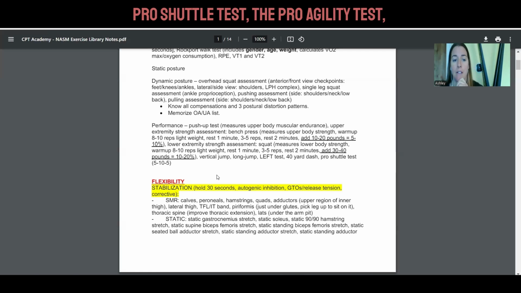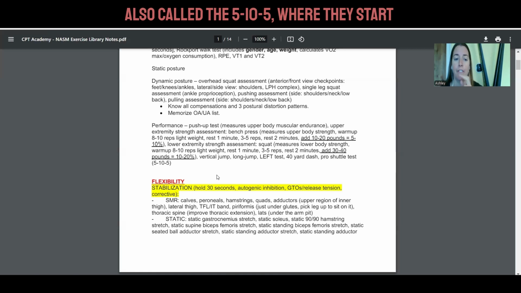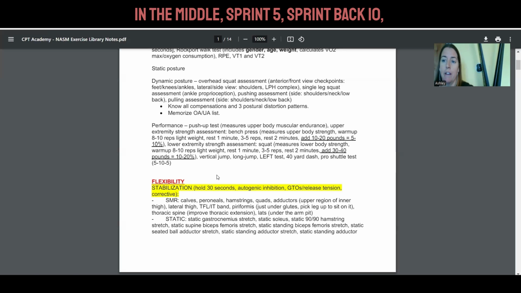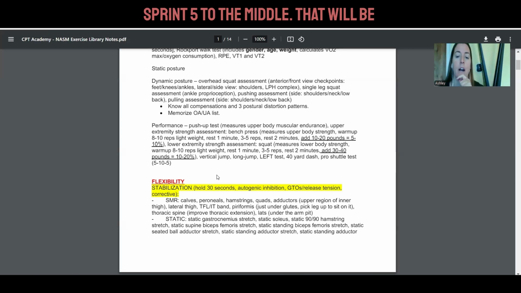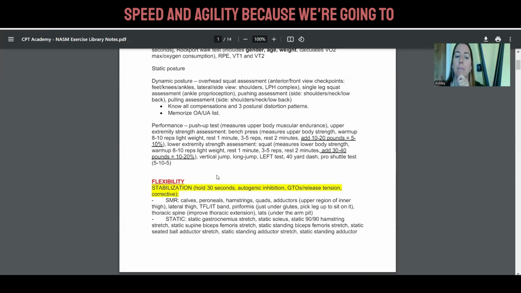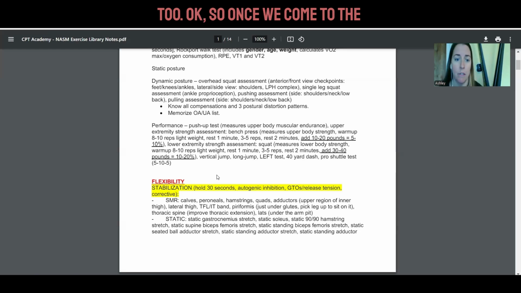And the pro shuttle test, the pro agility test, also called the 5-10-5, where they start in the middle, sprint 5, sprint back 10, sprint 5 to the middle. That will be speed and agility, because we're going to have to change direction and decelerate too. Okay, so once we come to the flexibility chapter,